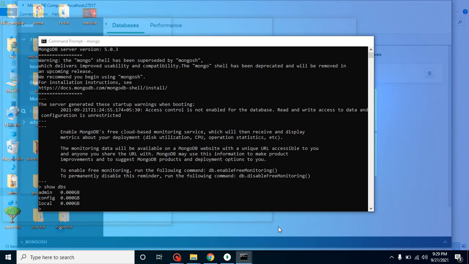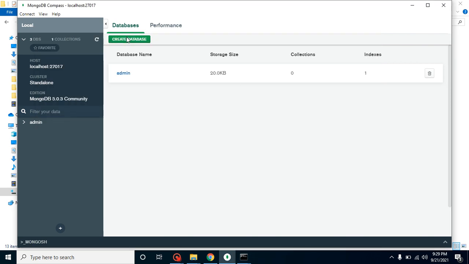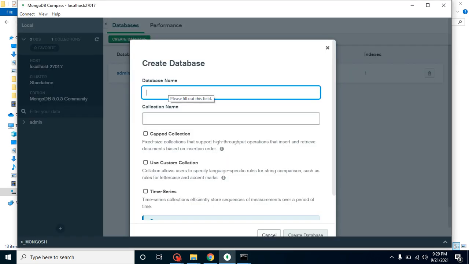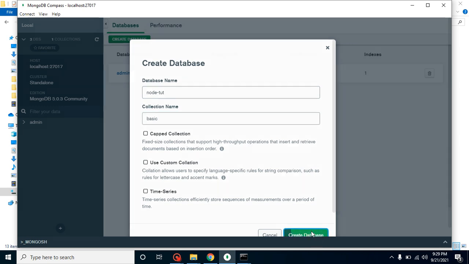Even if you want to check here, you can run the same command again, and we have only one database. So now let's say you want to create a database, so just go like this, and we can put here, let's say, the database name like node tut, and collection name, let's say basics, and create database.